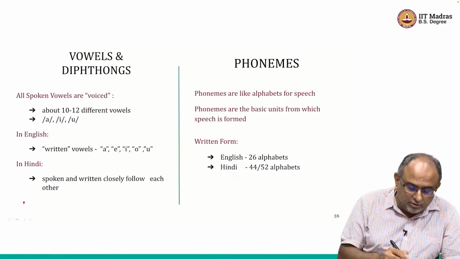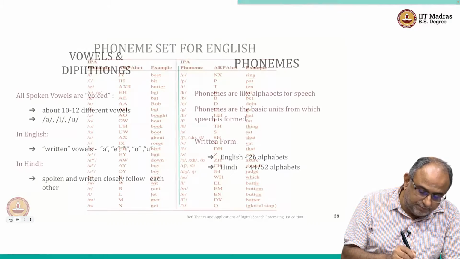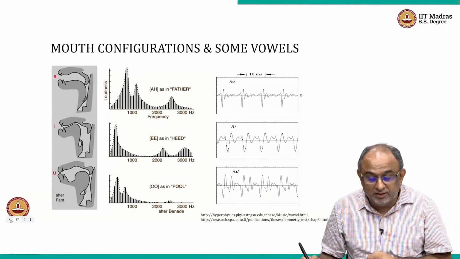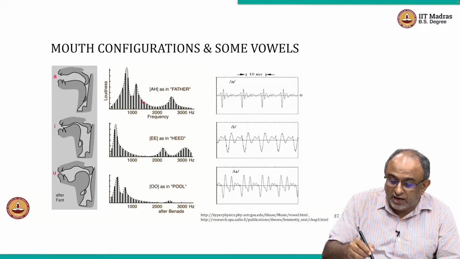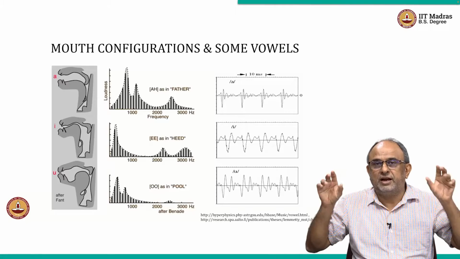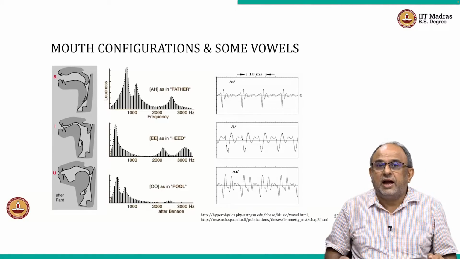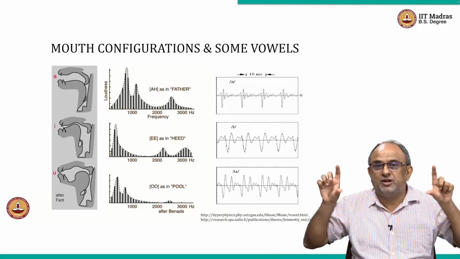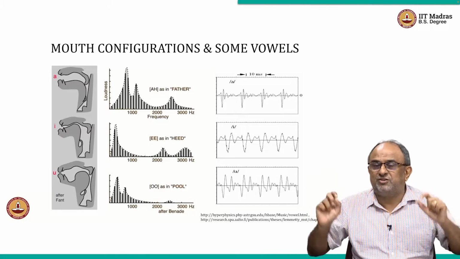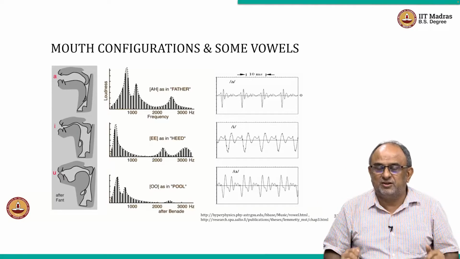Okay, one strange thing you will notice is that this is actually dependent on your high school physics. If you remember, if I have a uniform tube, a closed tube or open tube, and I excite it, the resonant frequencies, the harmonics that you produce, are given by 2n plus 1,